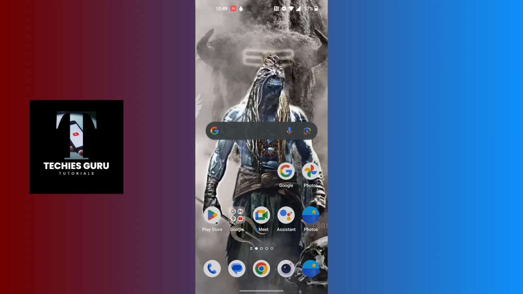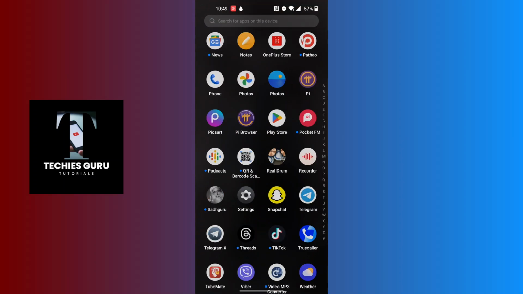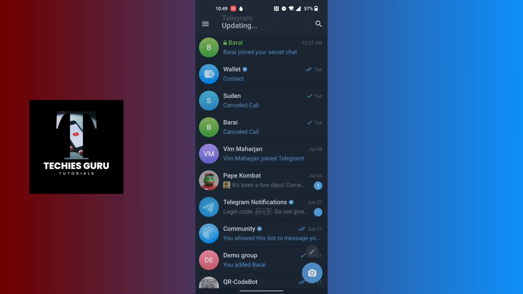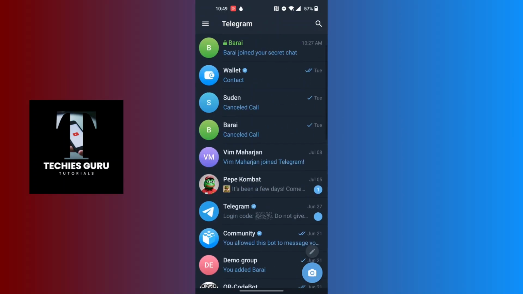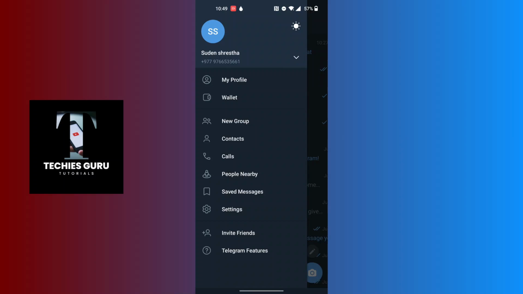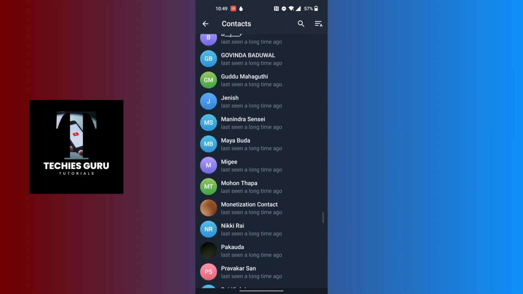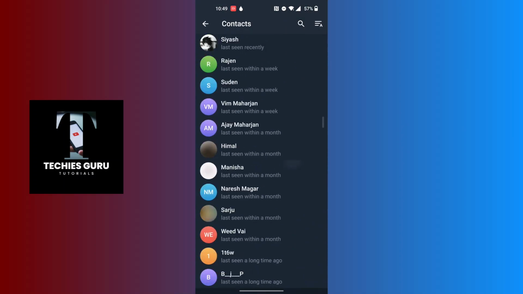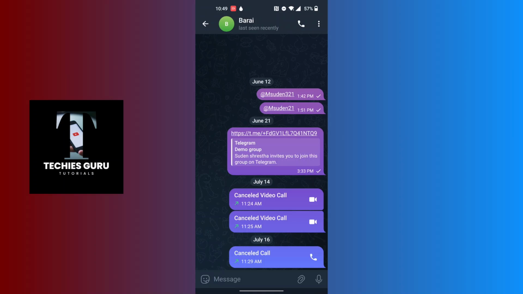Now, to know the phone number of a Telegram user, first open up your Telegram app on your phone, and over here, open the chat box of the person whose phone number you want to know on Telegram. Suppose if I tap on the contacts, there will be a lot of contacts here, so let's just open up a contact. And after opening your contact, at the top of the screen you can see their name,